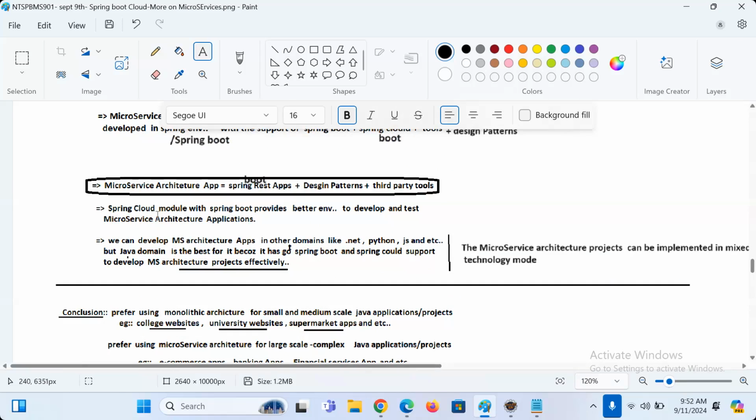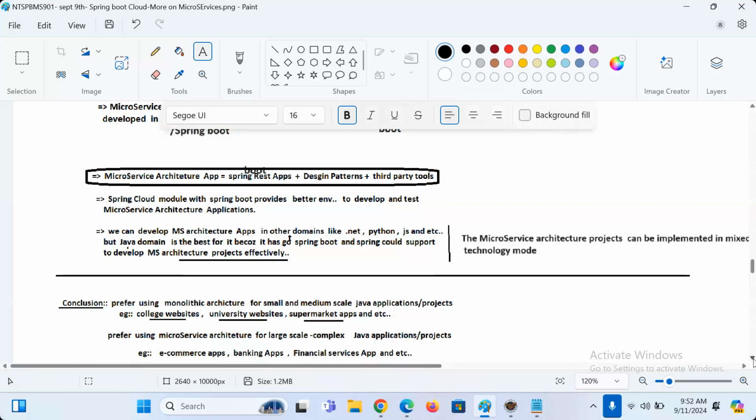Cool, guys. Spring Cloud module with Spring Boot provides better environment to develop and test what? Microservice architecture applications.